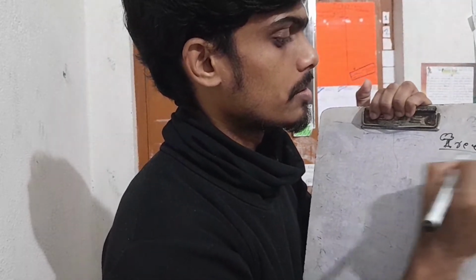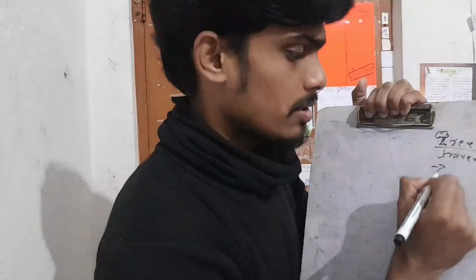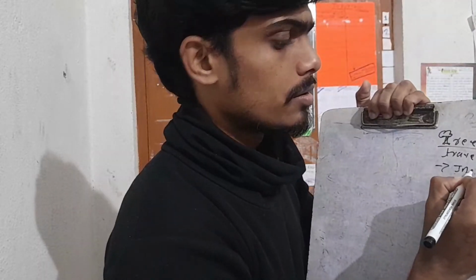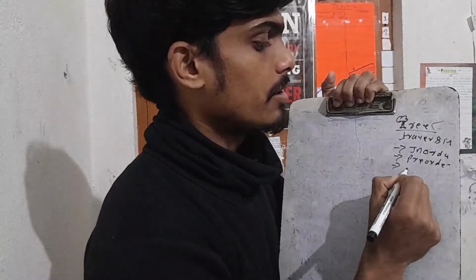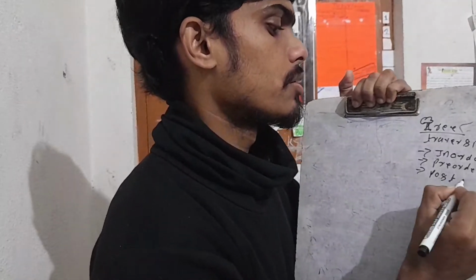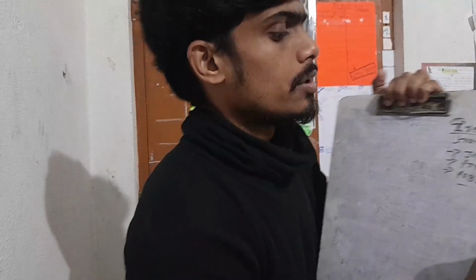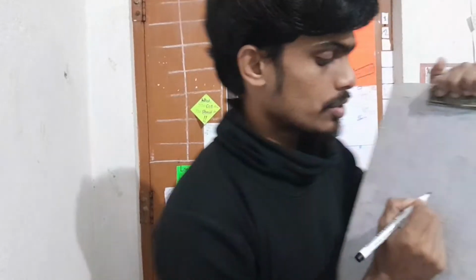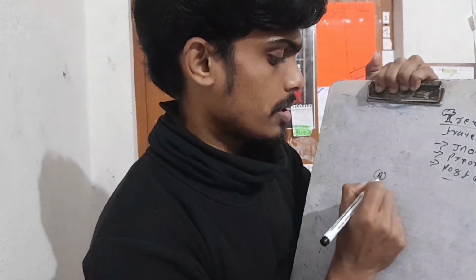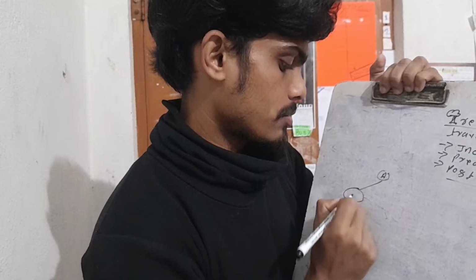So it is the tree traversing. We use three methods. First one is in order, pre-order, and finally post order. So I will show these all for a single tree. Suppose there is a tree here, A, B,